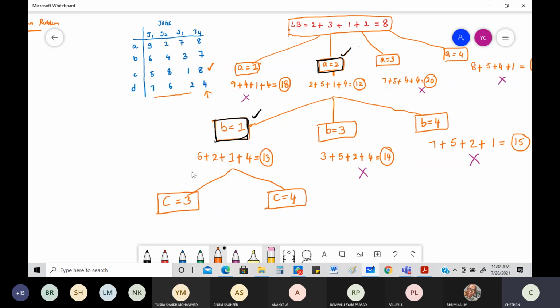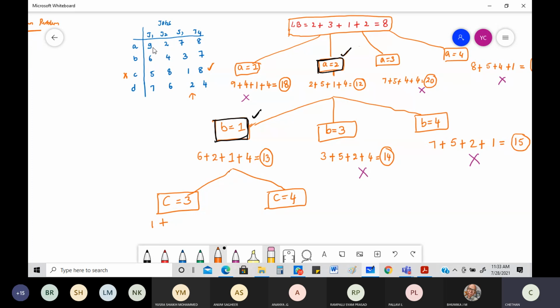Now if C is doing the third job, let me look into this. What is the cost you have? 1 plus. If I'm considering this, I should not be considering this row. What is the meaning of that? I need to be careful of taking the values here. The C row I should not consider, and the third column I should not consider, because that only I'm trying to assign. C doing the third job is 1. I've written that 1. Then the minimum among all other things I need to figure out.